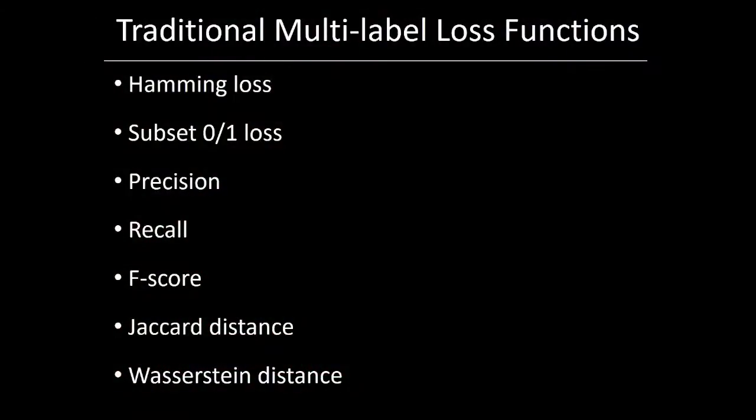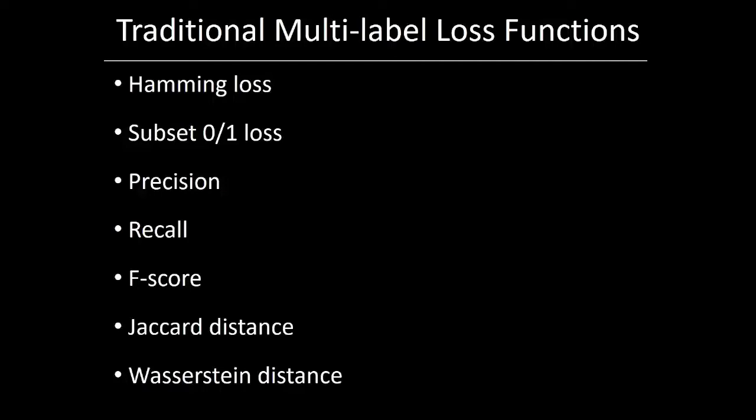So a number of loss functions have already been proposed in the traditional multi-label learning literature, ranging from the Hamming loss to the Wasserstein distance. But I think that none of these loss functions are suitable for the extreme setting. Right? In particular, the last time I looked at all the publications in this area, more than half of the papers that had been published on extreme multi-label learning had evaluated the performance of their algorithms using the Hamming loss. And people do similar things in recommendation where they will evaluate using RMSE.